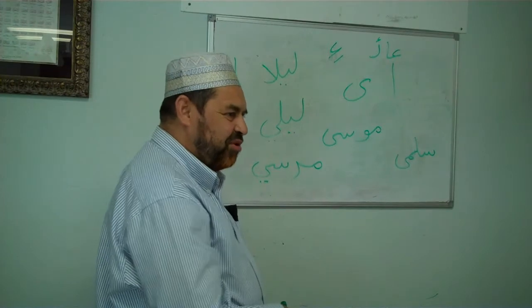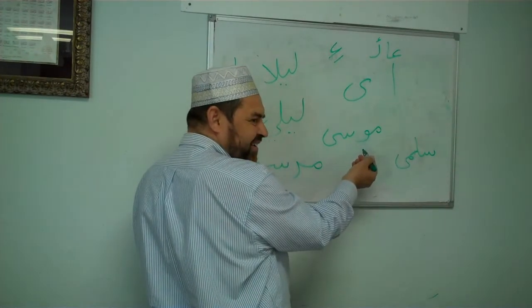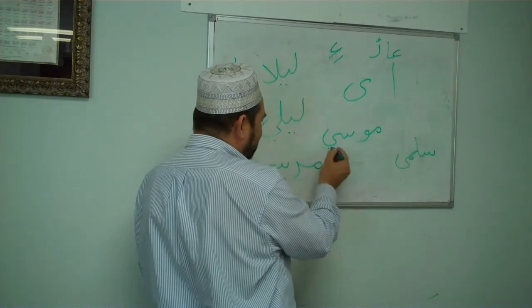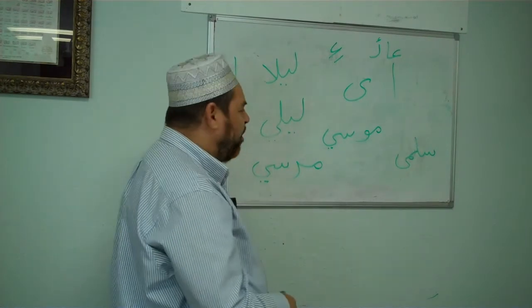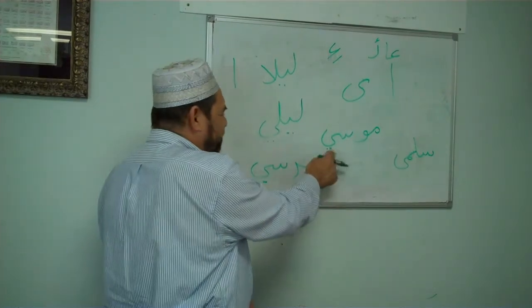Okay, Mausi. So if they write it in Arabic, it will be written like that, right? I guess with the nukta there. Yes, then the nukta will be over here. So in order to differentiate between Musa and Mausi, you will put the nukta on here.